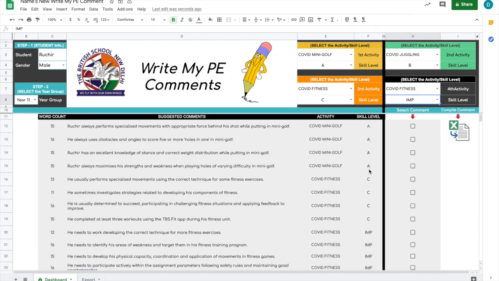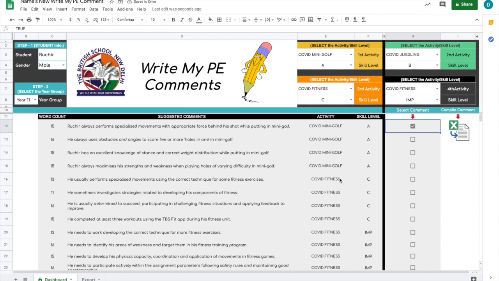Now you know that we just have to select 3 bullet points, two of which will be positive and one will be IMP. So let's go ahead and do that. One positive for sure, where he has scored an A, I would certainly take that. I read through and look at what is very much personalized to the student. I would go ahead and pick the first one,